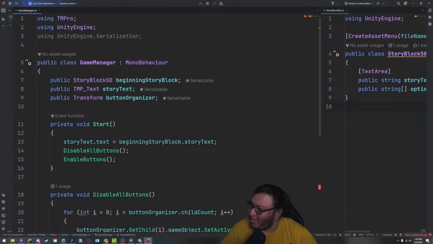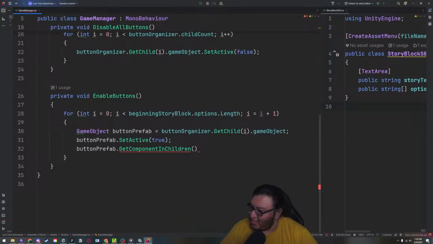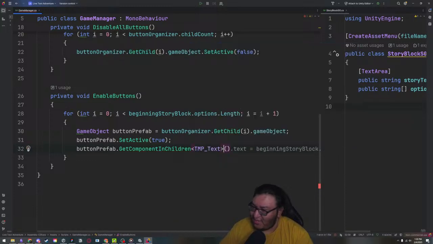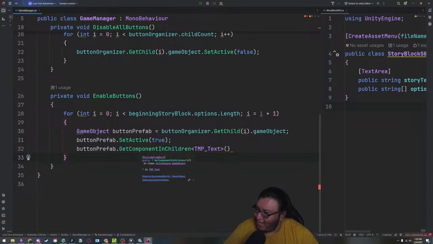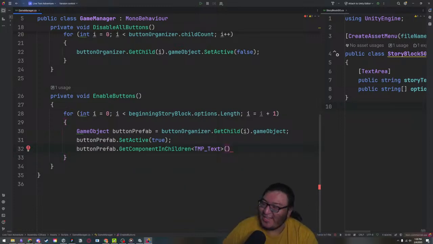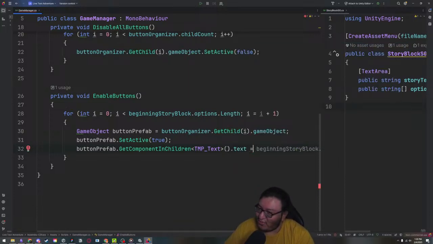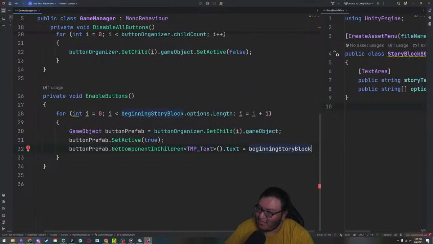And like we did up here, we want to get a TMP text, and in order to write that down, we're going to use a less than symbol, and then TMP underscore text, and then a greater than symbol, right? And what this is doing is very much what the name implies. We're getting a component inside of that child, and I hope I explained that well enough for you to understand what that means. And then we're going to get this text, and then we're going to set it equal to our beginning story block